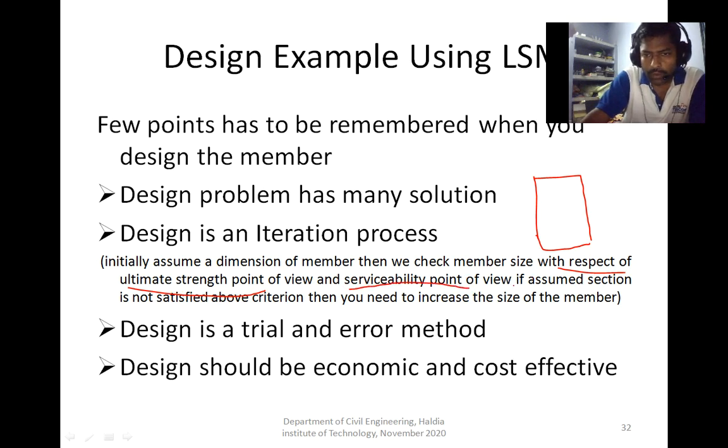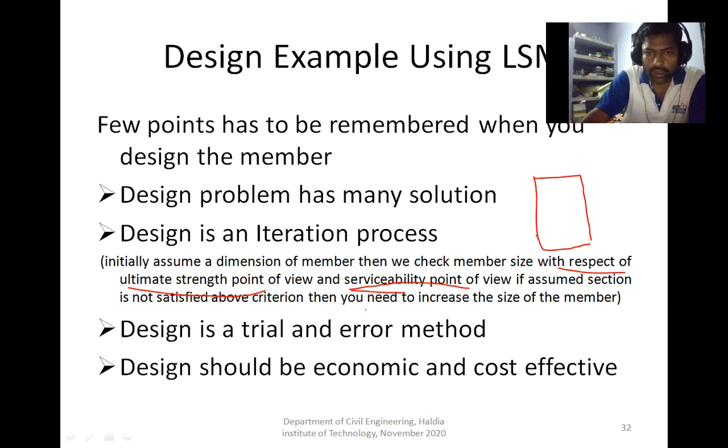If the assumed section does not fulfill the design criteria, meaning the ultimate strength criteria and serviceability criteria, then you need to increase the size of the member.